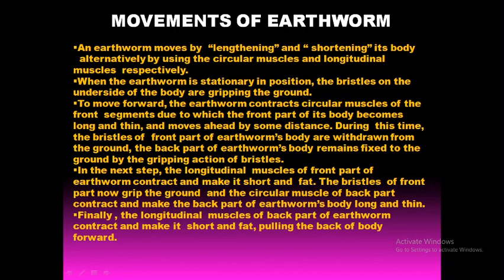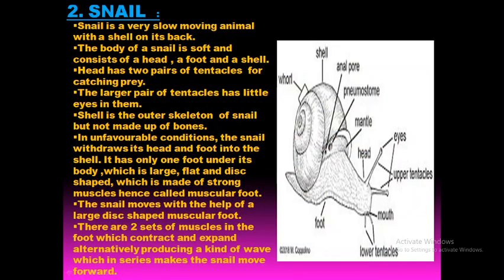So the earthworm completes one step of its movement and covers a small distance. Now, again, this action is repeated and the earthworm keeps on moving further. The body of the earthworm secretes a slimy substance in this action. These are basically moist and slippery substances which help in this movement. So we have seen how the earthworm completes the movement. Now we will move on to the movement of the snail.